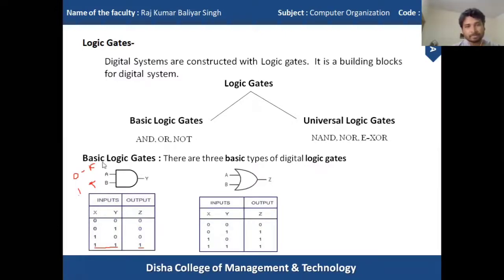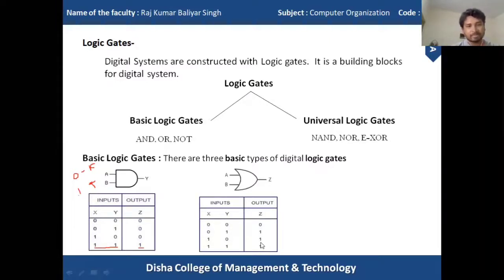Similarly, in this OR gate we have two input terminals, a minimum of two, or I can say the standard input terminals, and one output terminal. Again we have two input terminals, which means we have four individual choices as an input value. If we supply 0, 0 here, then we get 0 value here, and for the 0, 1 case we get 1 value, for the 1, 0 case we get 1 value, and for the 1, 1 case we get 1 value.